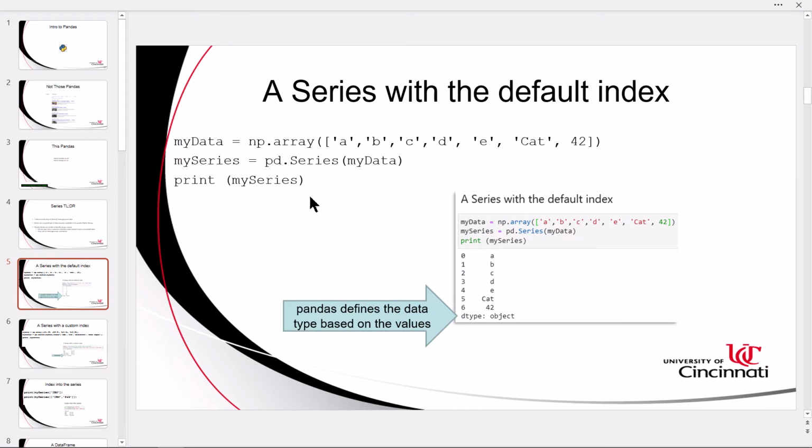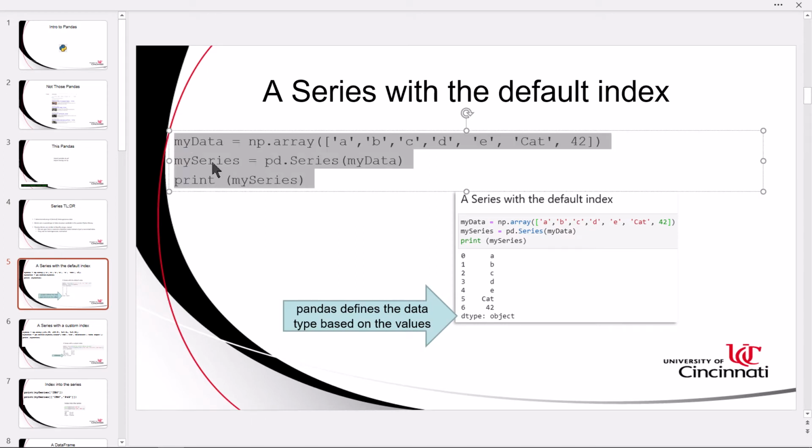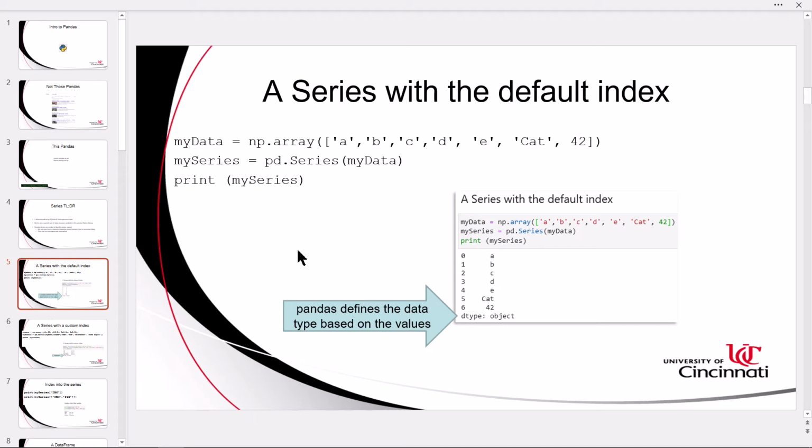Here's some example code. In this example, we are creating a series from a NumPy array. You can see NumPy coming into play here. The elements in this array are A, B, C, D, E, and the word cat, all in quotes, meaning they're strings, or Python generically refers to those as objects. The last element in that NumPy array is an integer 42. So we take that NumPy array and we pass it to